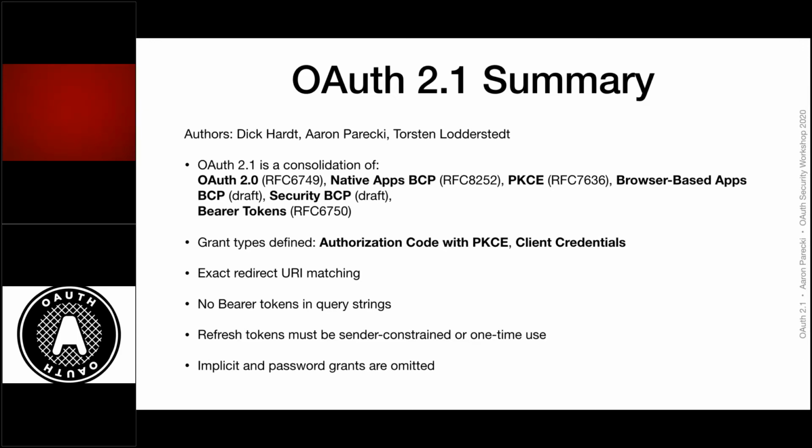Some of the specifics here are the grant types that are defined. If you read through the OAuth 2.1 draft, you'll find that it describes the authorization code flow with PKCE, and it doesn't actually mention PKCE by name. Instead, it rolls it into the authorization code flow. So someone new to the space reading this document for the first time would end up effectively doing PKCE, and they wouldn't necessarily know it by name. Of course, it mentions where that came from in the historical context, but it is considered part of the core authorization code flow. And the reasons for that are documented in the security BCP